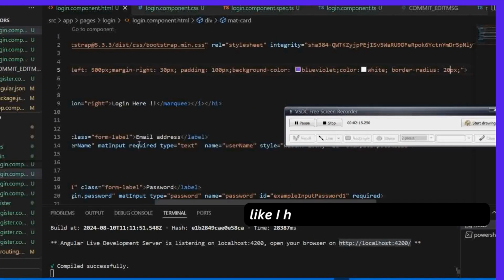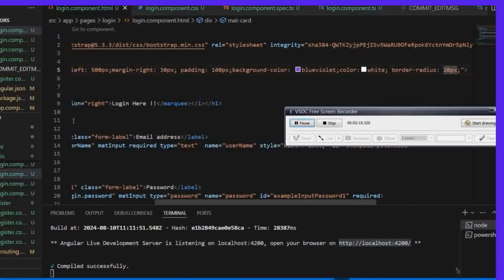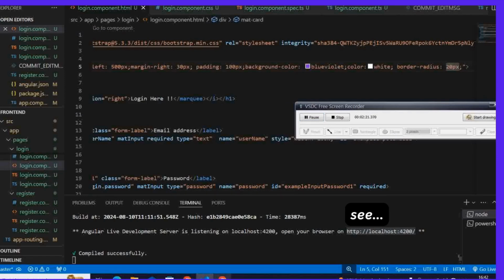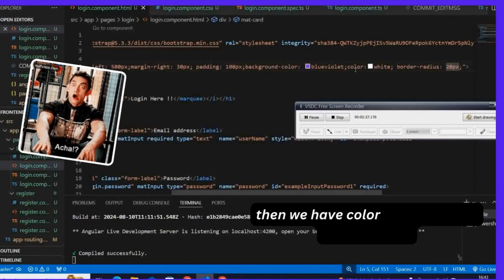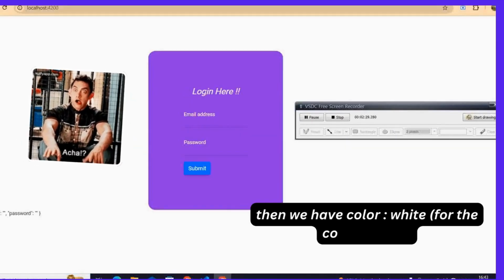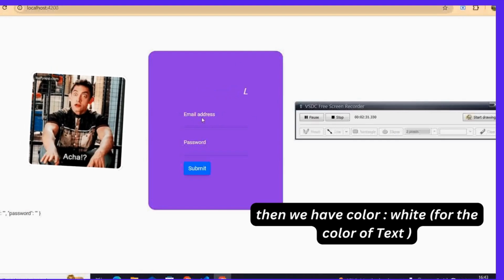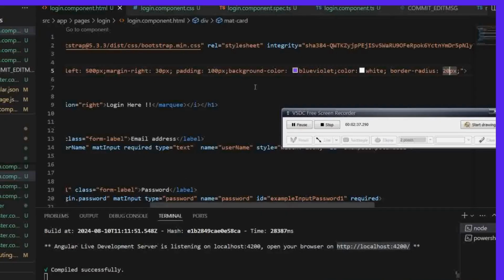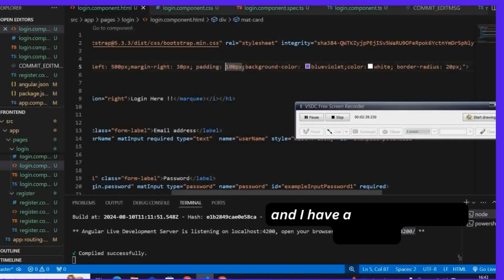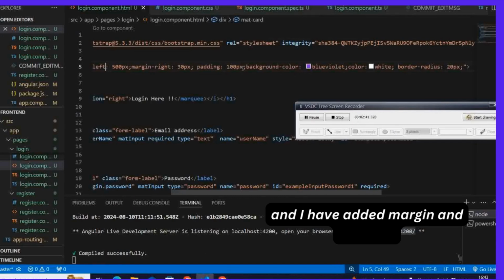Like I have kept our border radius 20 pixel, like you will find here. See, border radius 20 pixel. Okay. Then we have color white, that is the color of text. It will be white, and background color will be blue violet. That is this, and I have added some more